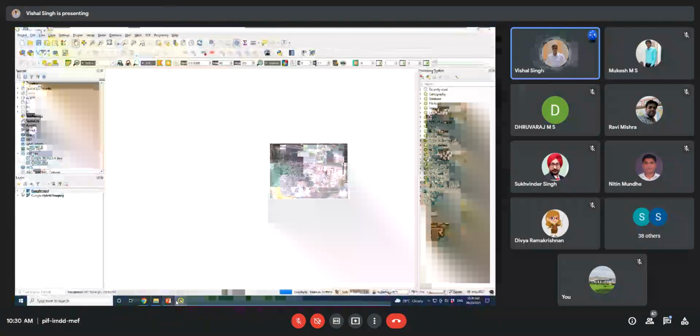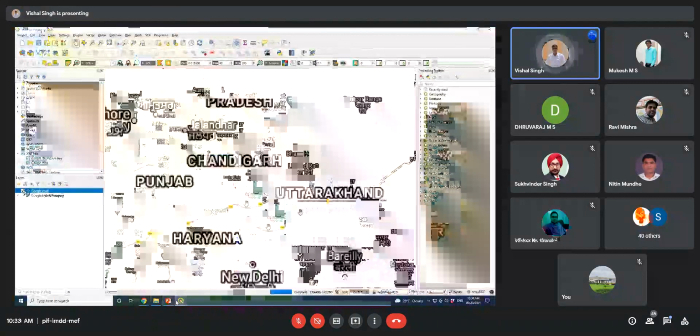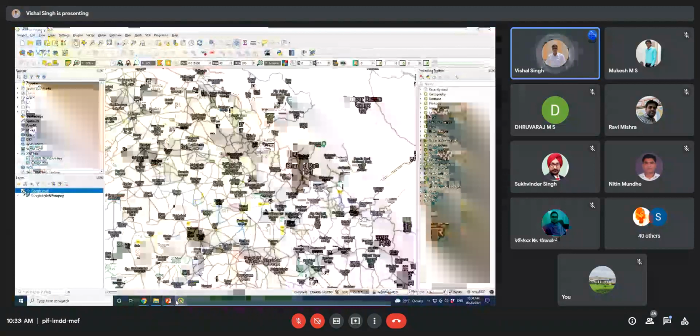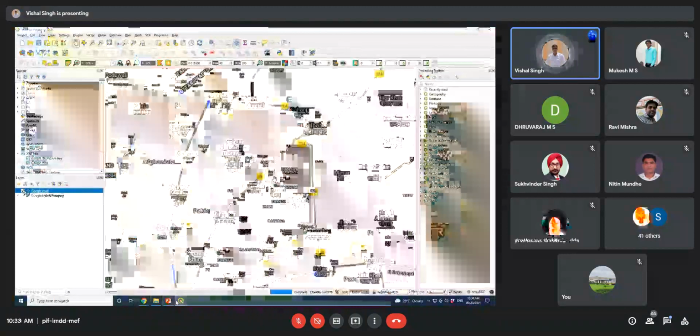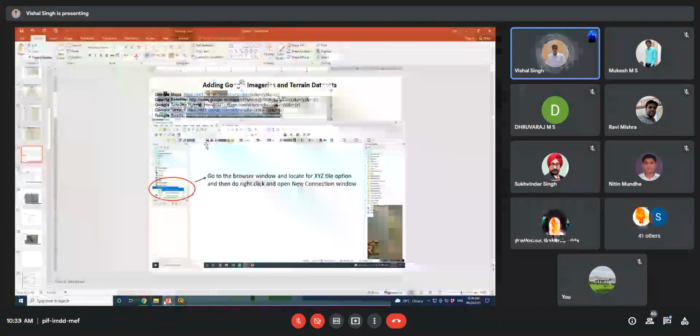Then if you have a coarser resolution data set and you are not getting the proper information, in this way you can add all these layers. So now here you can see the Google Road is also added. So now you can locate the road map. Suppose you want to delineate the roads, then you can add it. Similarly, now I will try with Google Satellite like this. Let's see.